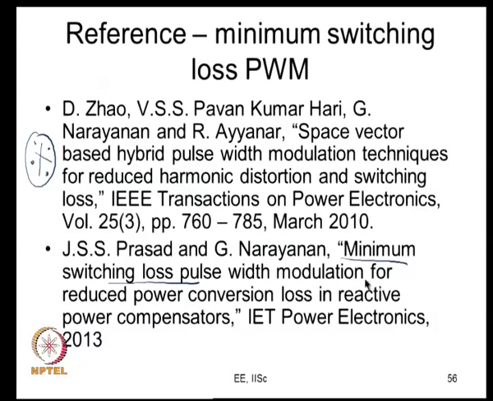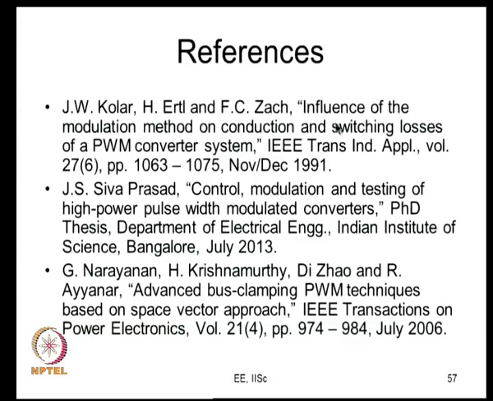This is actually a combination of advanced bus clamping PWM sequences which minimizes the switching loss at a given power factor. That is what we would call minimum switching loss PWM. There are these other references. This is a classical reference, and there are quite a few other papers. This discusses the influence of the modulation method, the continuous and discontinuous modulation methods, on the conduction and switching loss. I mentioned this even in my last lecture, and the calculation of conduction and switching loss for continuous PWM, some discontinuous PWM and advanced bus clamping PWM have been done as